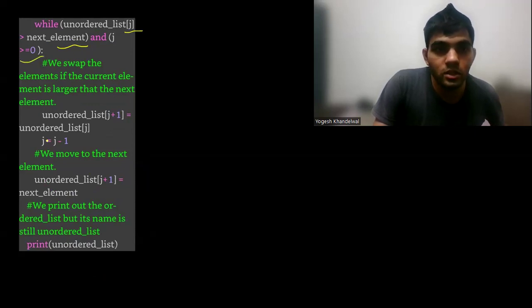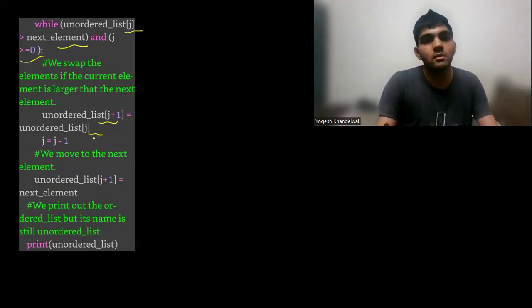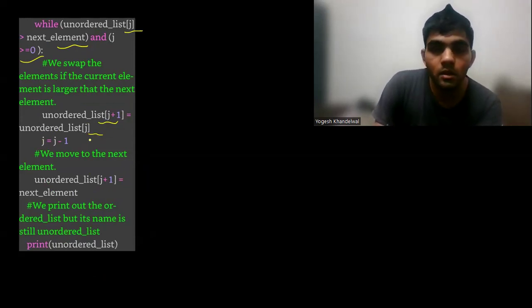If this condition is true, we do unordered list of j plus 1 equal to unordered list of j, a kind of swapping. Then we do j equal to j minus 1.